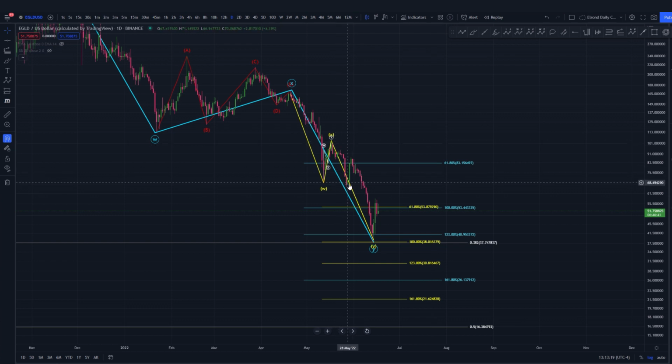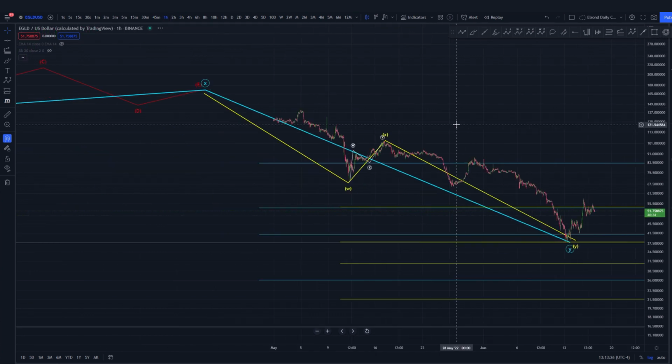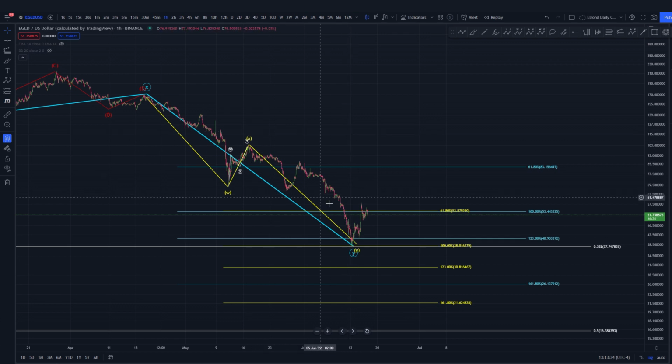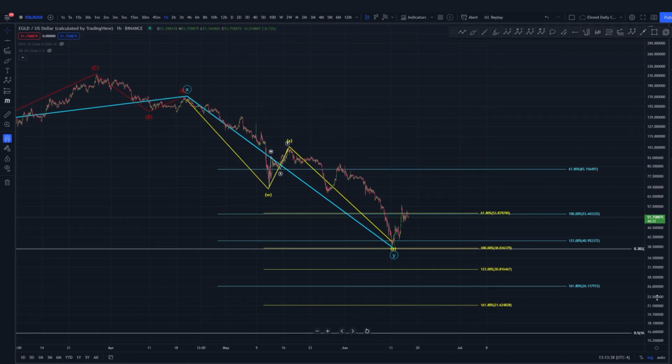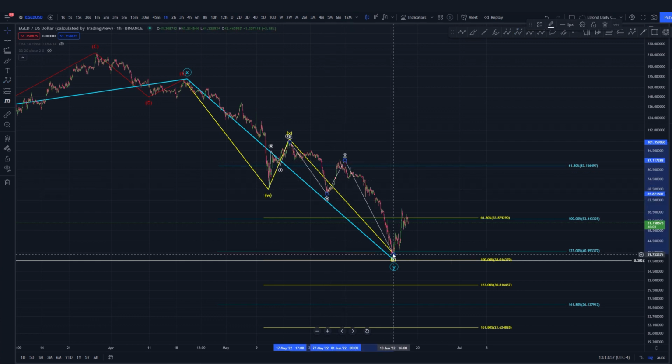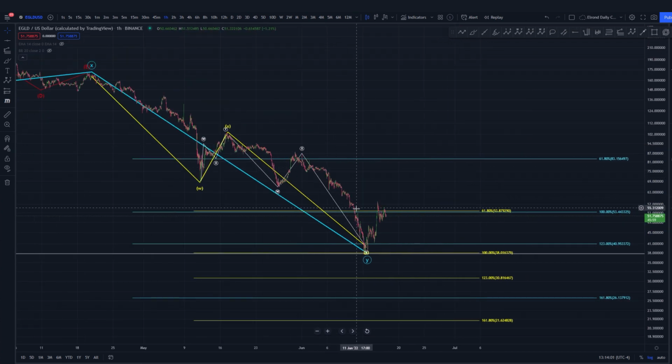In here, can this be an impulse down and this a wave 4? This was the main question I was asking myself all weekend. But now this is impossible. I cannot see an impulse down here of 5 waves. Anyway, how can I say that this is purely an A wave, B wave, and a C wave? I can see an impulse here. I can see an impulse here. But for me, it's another ABC here, which created a W. And you have your X wave and the Y wave, which, right here, can possibly be an impulse down, but even here, A, B, C, I'll vote more for another WXY. Pretty complex